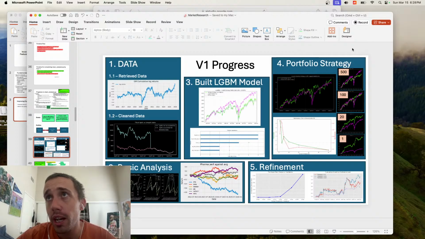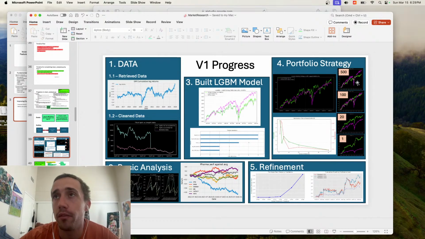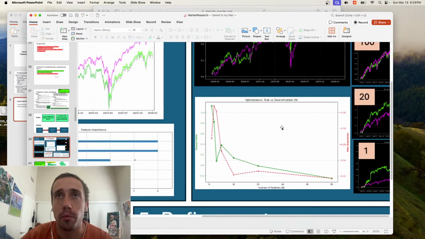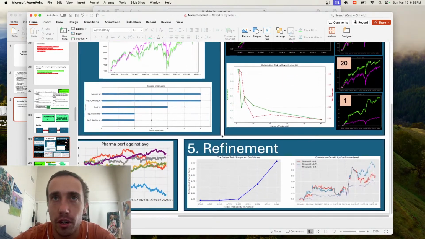I then incorporated that into a portfolio strategy. I found that if I'm selecting the bottom N number of stocks by volume, the lower N is, the better it performs. So 500 underperforms the S&P, 100 matches the S&P, 20 beats the S&P, and 1 beats it by an even bigger margin. The problem, to be brief, is that this was a really fragile method, which you can see here in the Sharpe ratio plot. The only one with a Sharpe ratio above 1 was picking only one stock per day, and you generally want a Sharpe ratio above 1 for the model to be considered useful.